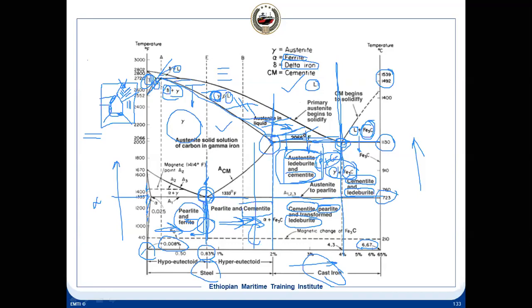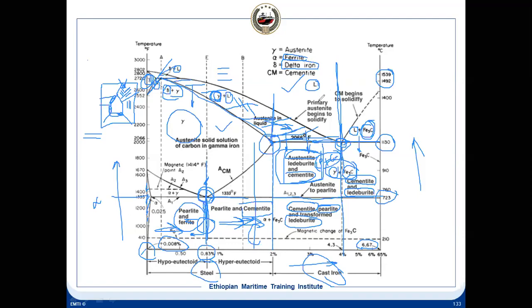This is understood. This is the solid and liquid mixture. The gamma is solid form, and liquid is liquid form. It contains your iron and carbon both. And gamma also will have iron and carbon, because there will be carbon atoms also in gamma. We have seen that in FCC, the solubility of carbon will be high, so it will have a large number of carbon atoms also. Is it clear, what was your question, Teka?